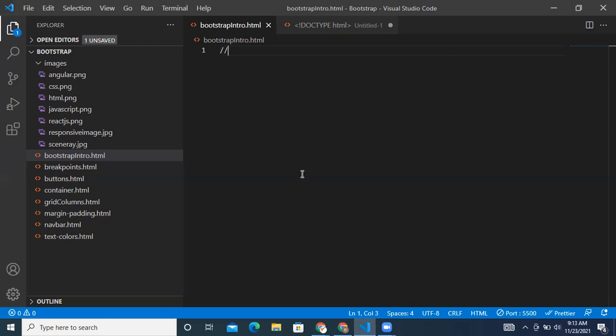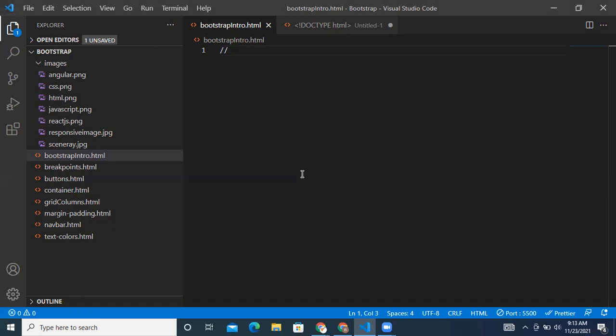Without Bootstrap, it is actually time consuming. We used to take a very long time to design any web page, because even small changes affect the page. Even one pixel will affect the page. So you need to be very conscious about the width, height, and placing the images on the web page.